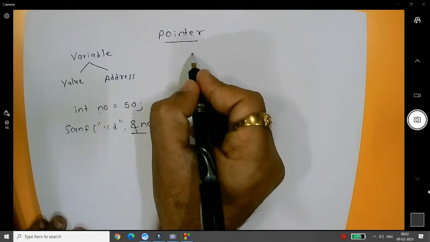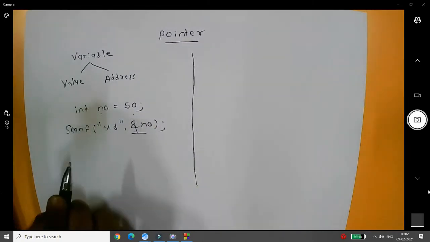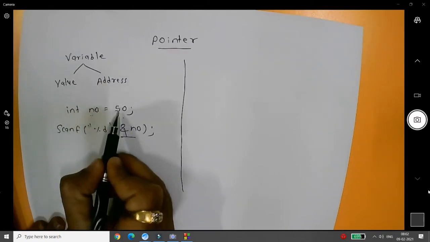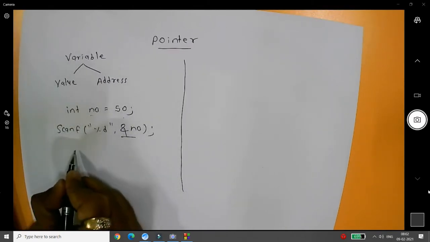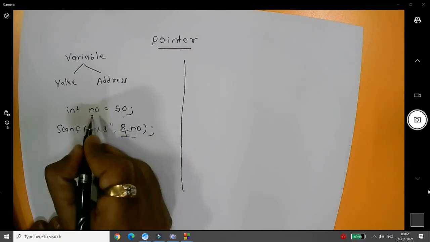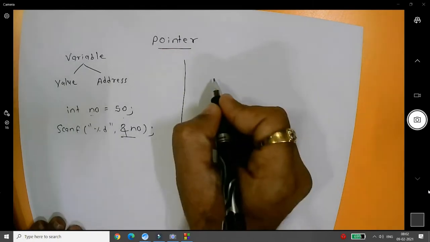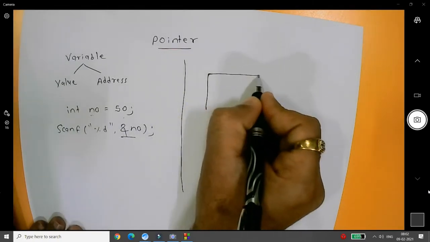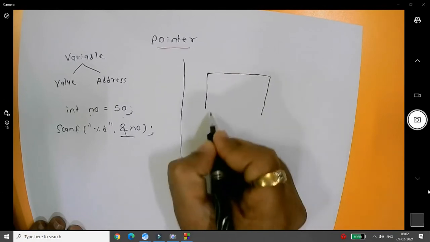Now let's come to the point: what is a pointer? Very simple. For example, number = 50. You can say that 50 is the value, but this number has some address. So what happened internally? This is the variable number.